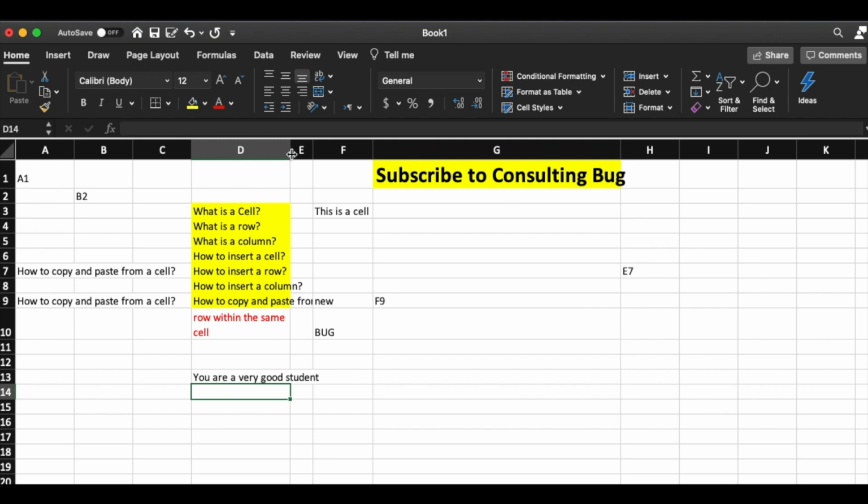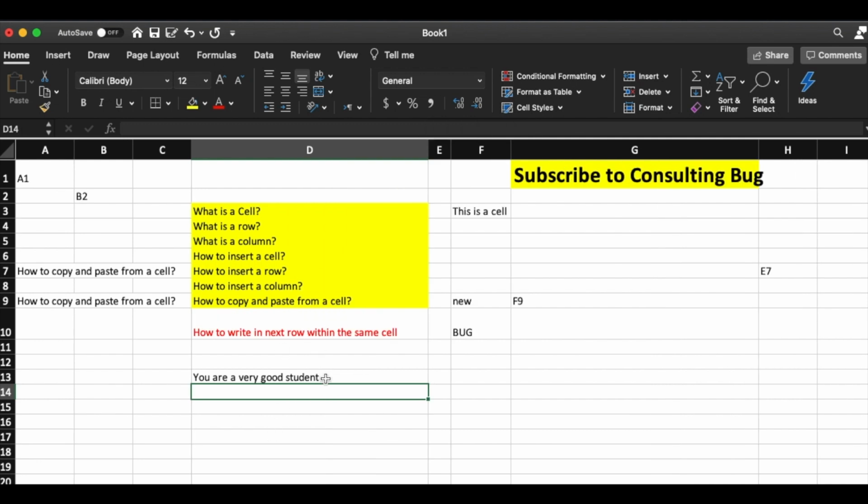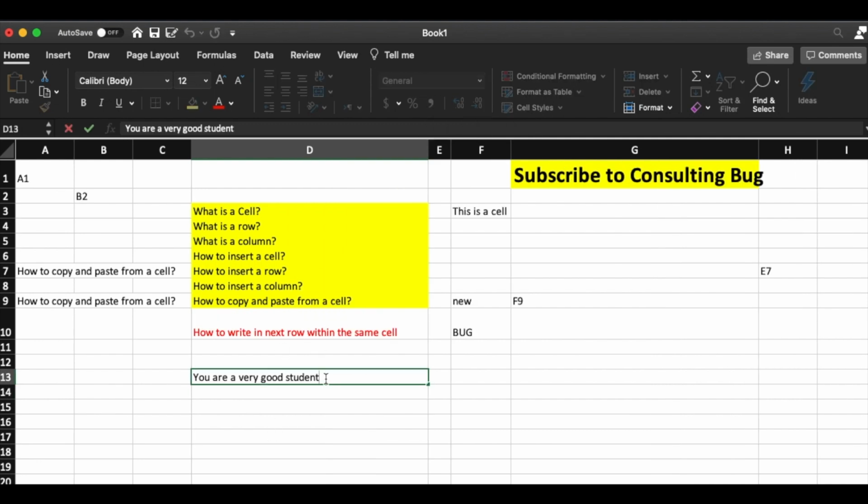So there is a very good option that you can use. You can just go to the end of this sentence and press the Alt key and Enter key. Now you can write something else also here. You are very intelligent.